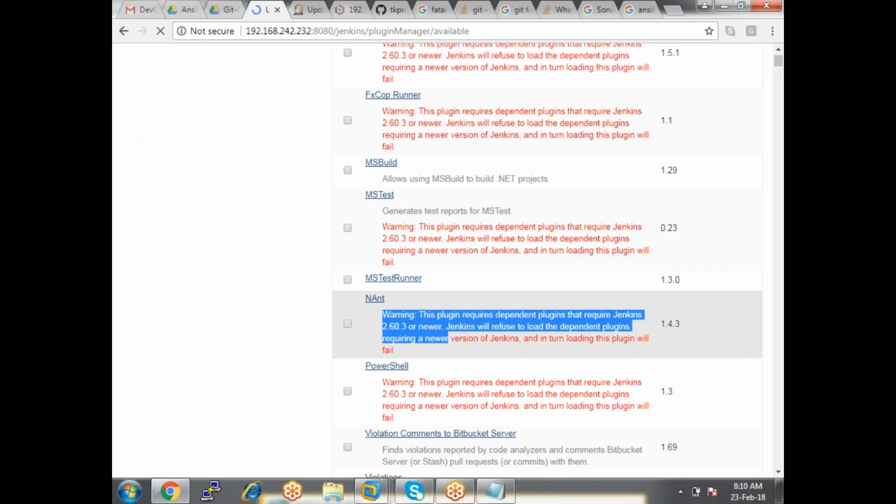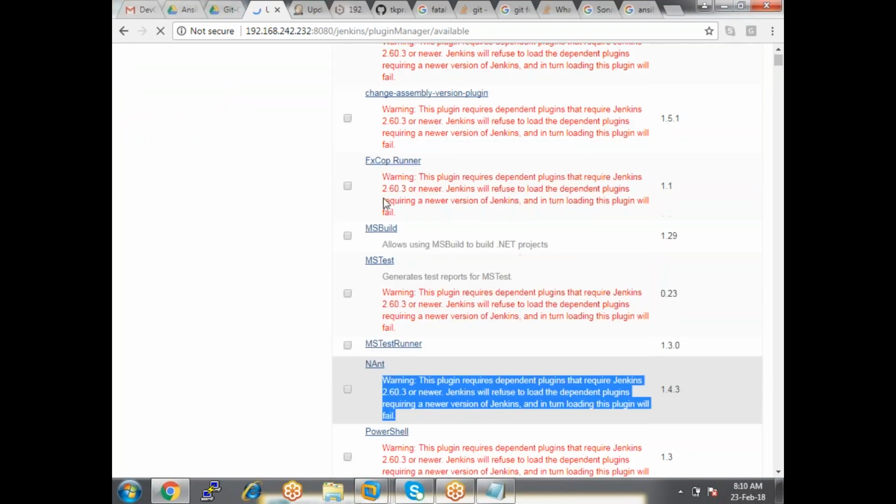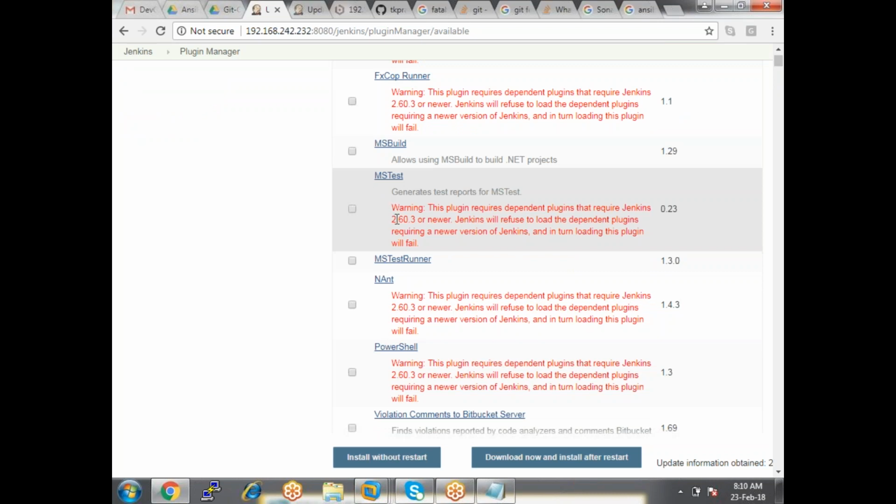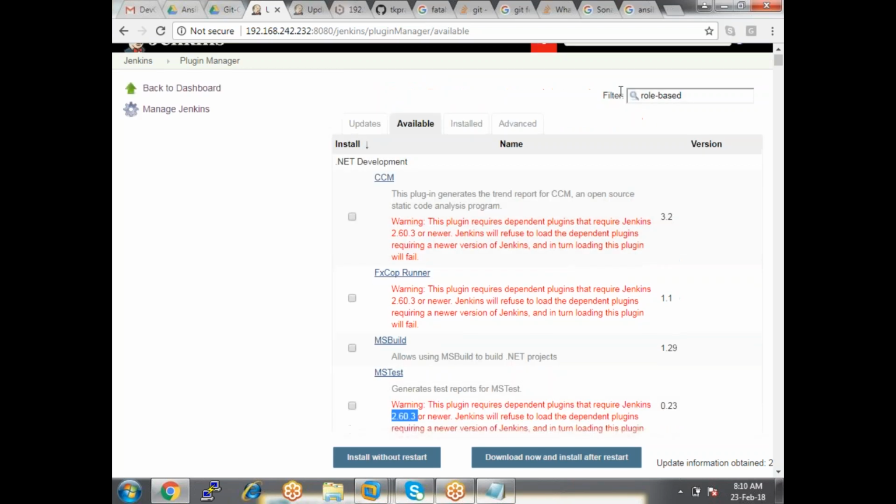You see this, right? Most of the plugins within 2.6 don't work. They work based on 2.6.0.3, after 2.6.0.3. Okay, just want to remind you. So that's why I don't recommend the 2.6 version.